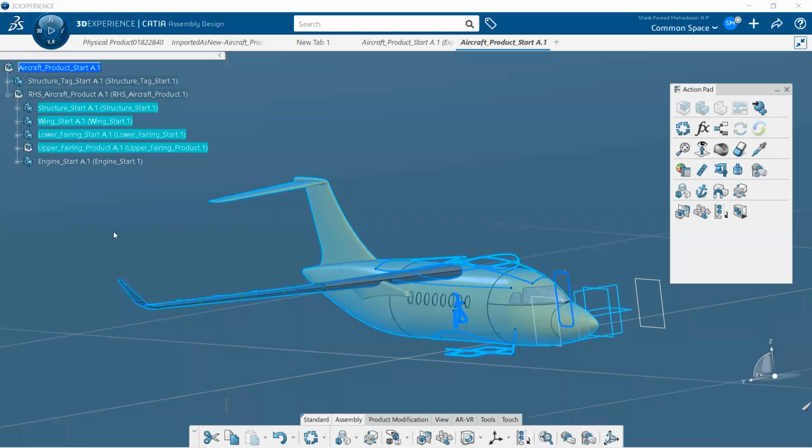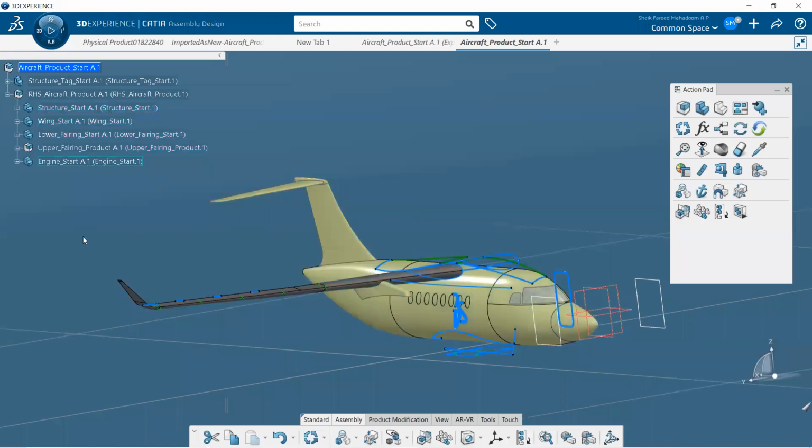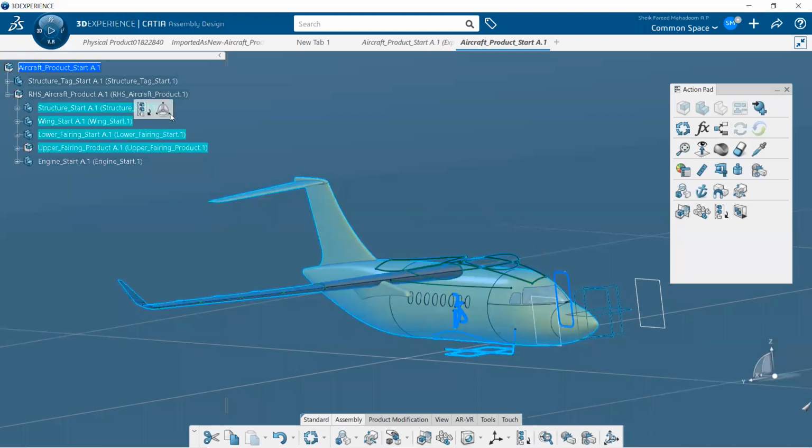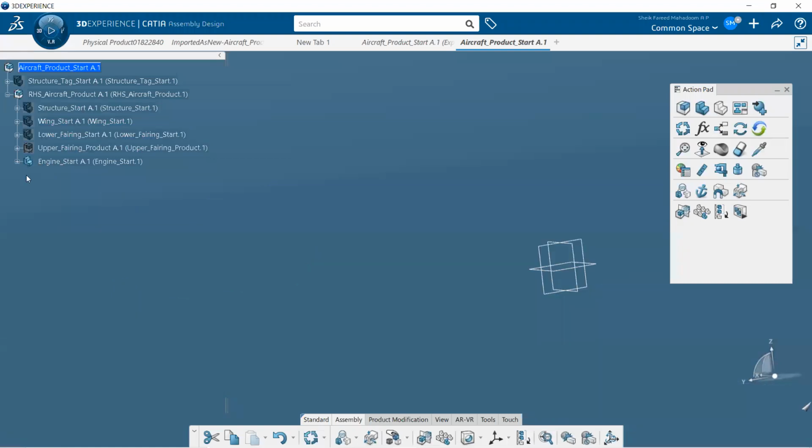First, we have to hide all the parts, because first thing first we are going to start with the engine. We are going to develop the engine components. So just hide all, and hide this one as well. Now the engine component, you can open. Yeah, you can open the engine.